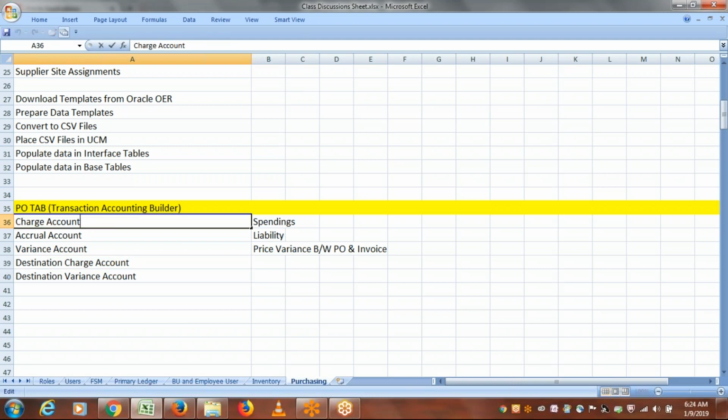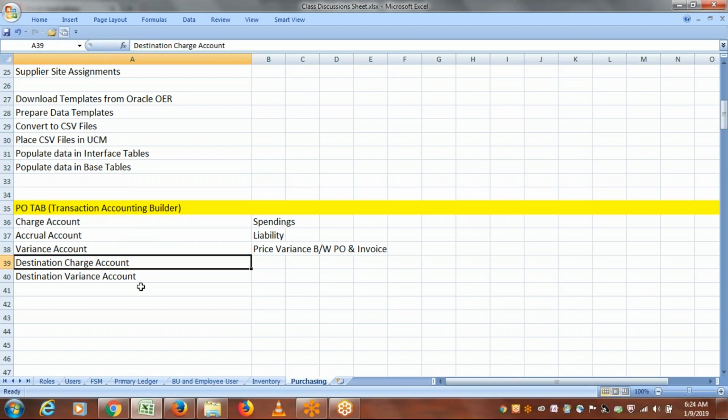Here when you talk about the charge account, we are capturing the spendings directly for the business unit within which we are dealing, so it goes to that business unit. But here, for the destination organization, the system will be capturing what is the charge and what is the variance. So if you are handling those scenarios, then only it is mandatory, otherwise we don't need to maintain these accounts. But we'll see how to define, how it works, how a complete mapping can be done within the PO